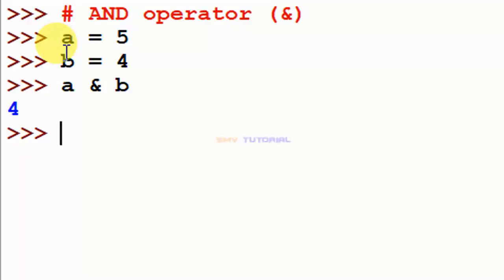First, you take the binary values for the numbers. I will explain it.